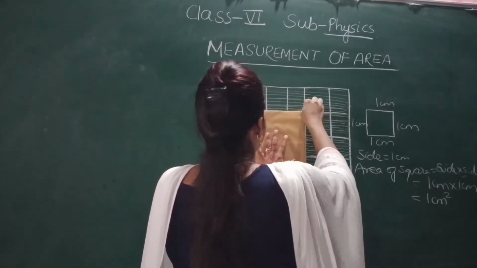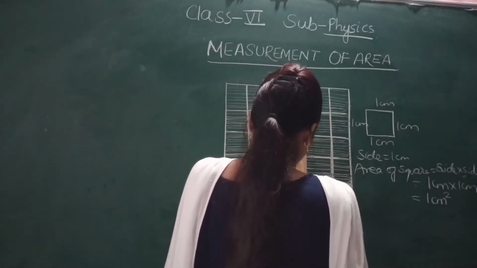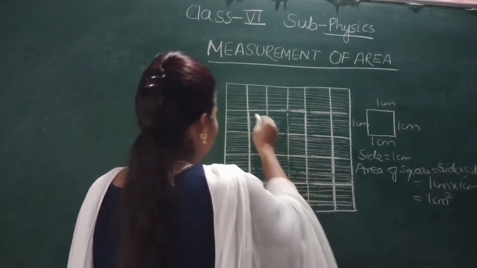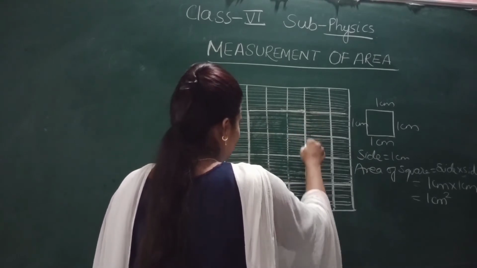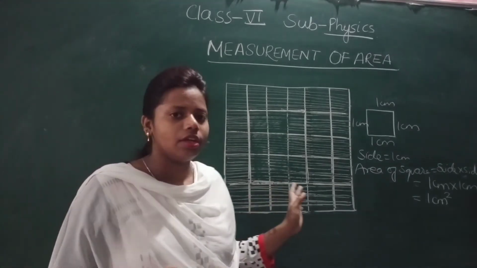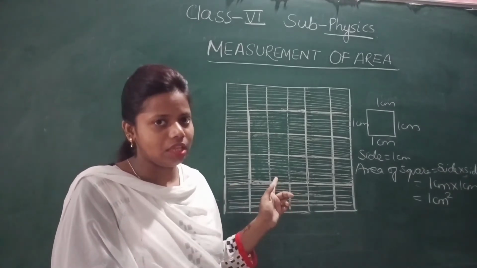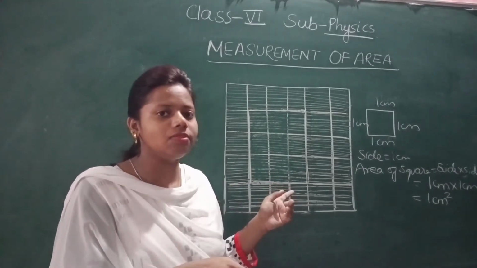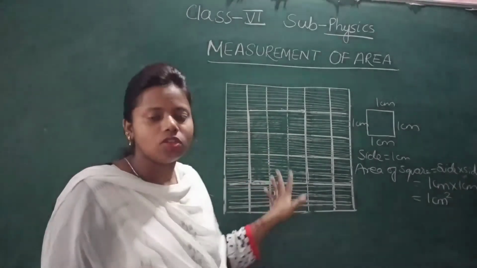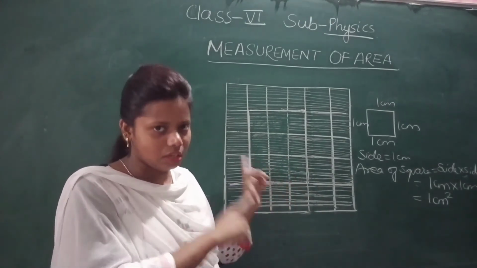Now what you will do is make the lining. I will trace it, then I will remove the book. See, up to this it came. Now see here, how many boxes are there? This is the area of a regular object. I have taken the book as an example, and the book has a rectangle shape. I have kept that book on this graph paper.